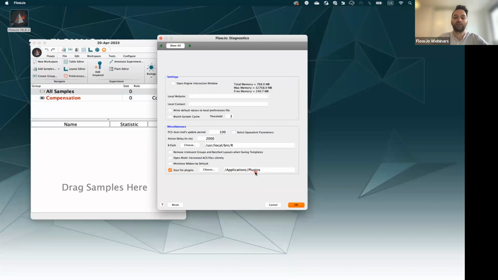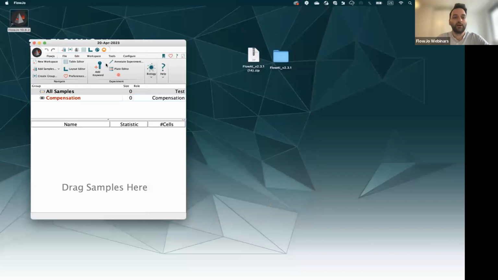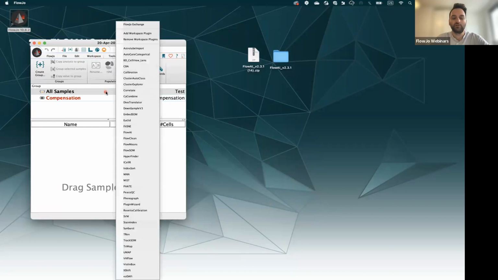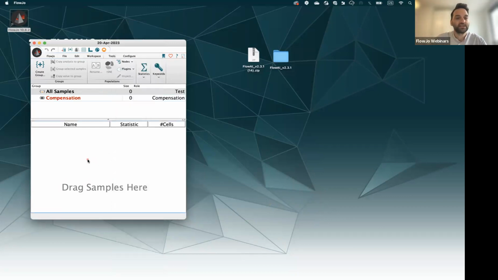And after you restart FlowJo, you should be able to see, under Workspace and Plugins, a list of all of the plugins that you have. So here there is a long list, but you don't need to have all of them. And just to get started,